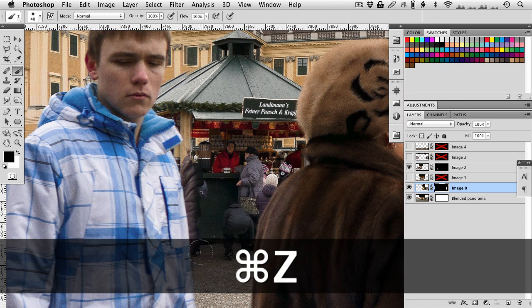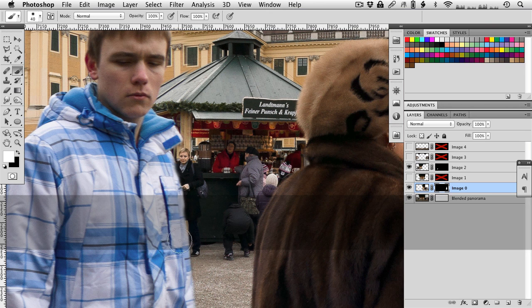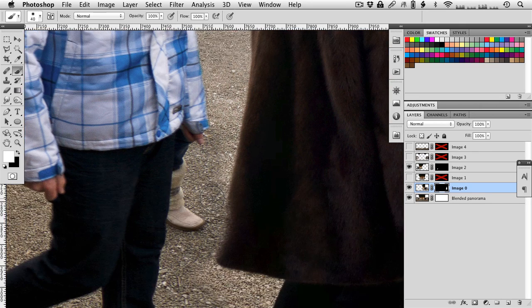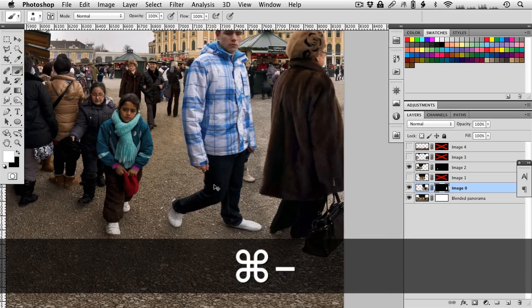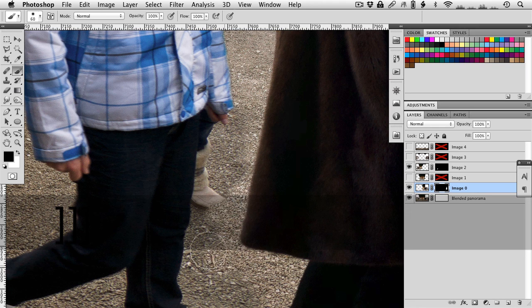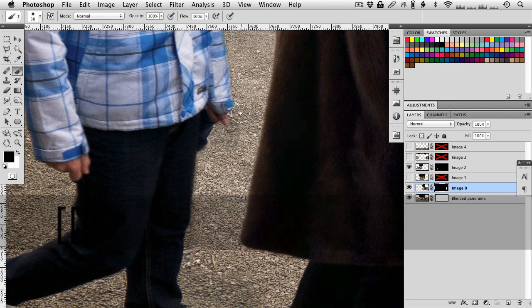Oops, no, that was too much. Again, only doing this quick and dirty here because I don't want to bore you to death with pixel peeping. Okay, so that's relatively good. Again, you could refine the edge later to your heart's content. Do I leave this woman behind him? No, I'll remove the foot, remove the shoe of that lady there as well. Go back to the original, because it'll look strange with this one shoe looking from behind. Okay,